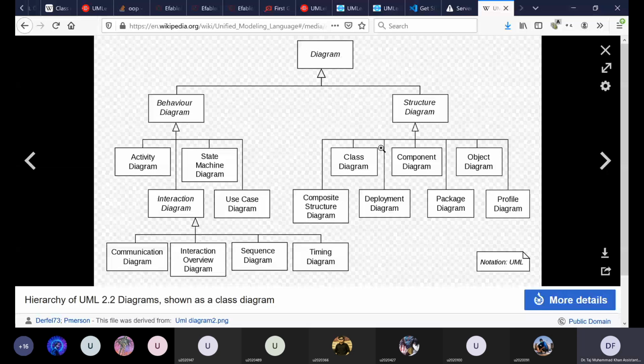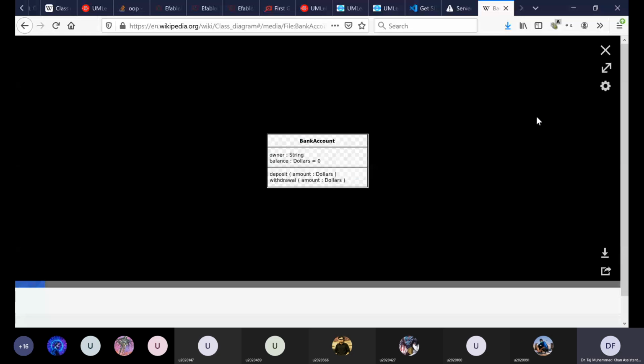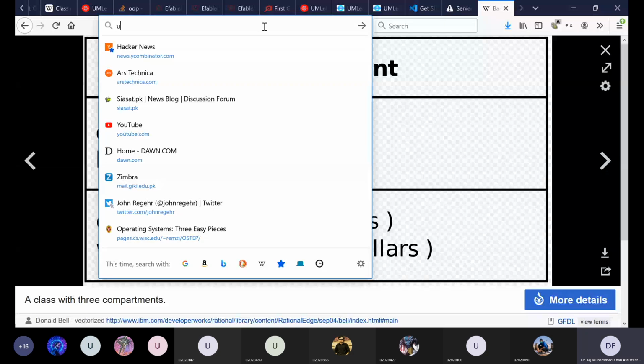It's a graphical language. So what UML does is that it has this thing called a class diagram. A class diagram is something that UML provides you, and let's say you have a class. UML lets you draw this. I'll go to the online UML tool, so you can draw this UML thing.